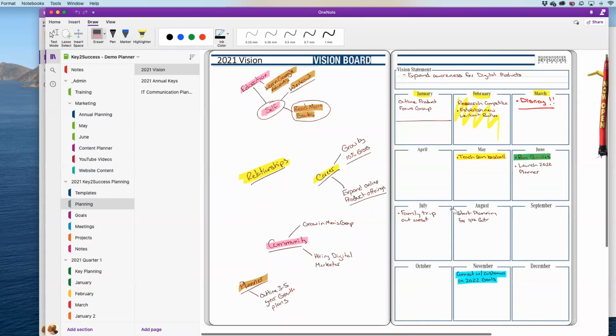Now, I find a lot of people, and this is what I do, I'll start working over here on the left side, looking at my vision, but then I'll jump into the year, and I'll start plotting out some of the ideas of where I want to go. But as I keep plotting out my vision for the year, I find out what happens. I say, okay, well, I realize for me to be able to expand this online offering, I need to accelerate my commitment in the first quarter. And that's why these are laid out the way they are. They're laid out so they're quarter 1, quarter 2, quarter 3, quarter 4.